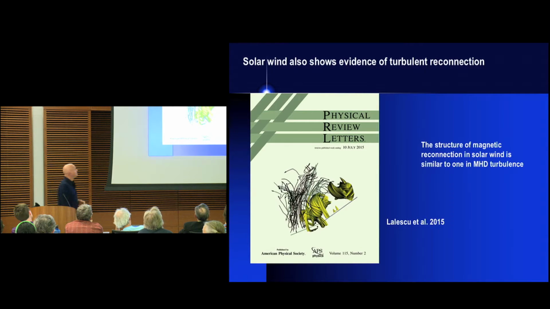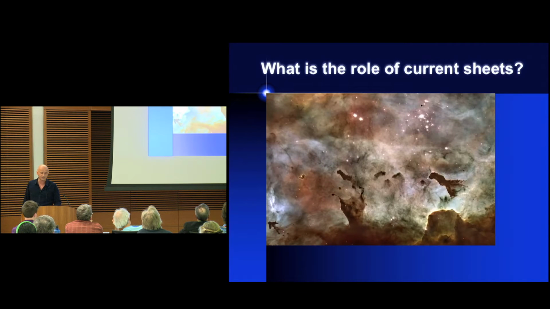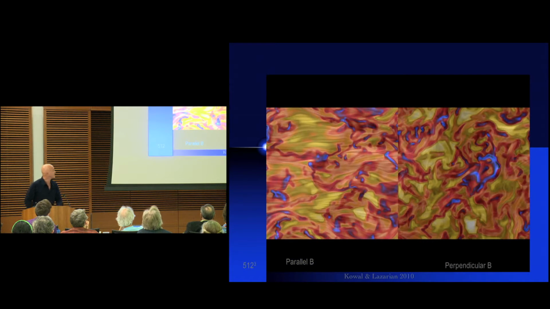Also, this reconnection diffusion and its consequences were shown to be present in the solar wind. So very briefly and very fast, what about current sheets? These are the structures, and you see that in low density contrast we have structures along magnetic